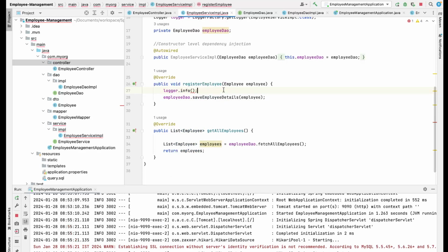As of now I am writing logger.info, and when do you want to use logger.error? Let's say you are getting some exception. In that case, you can use logger.error in your exception. For now I'm using logger.info, which gives some information. So what I will write is: registering a new employee,